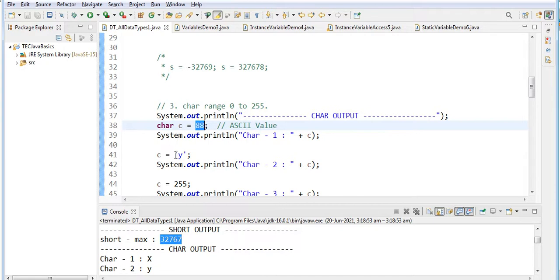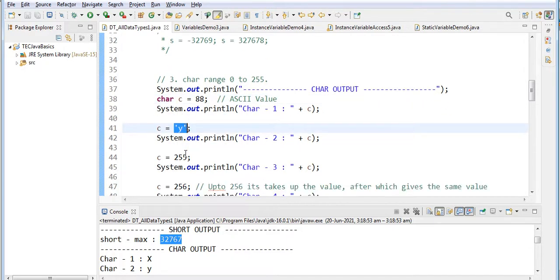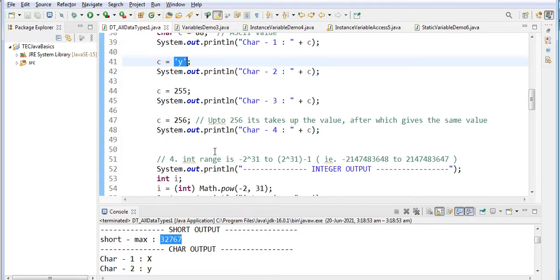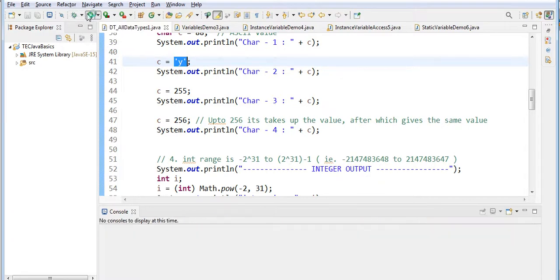If you give the character, the proper way is to give it within single quotes. Next, I told you 0 to 255, so totally 256 values. I am giving 255 and also 256. We'll see what the output is.